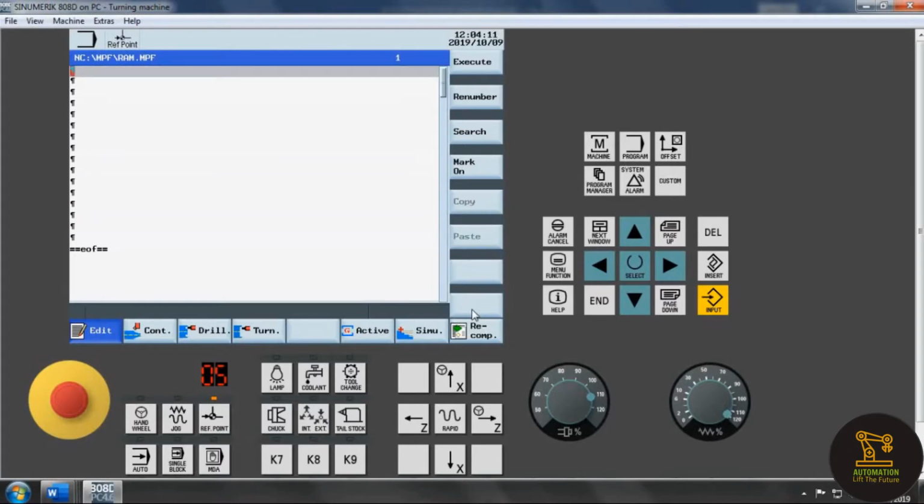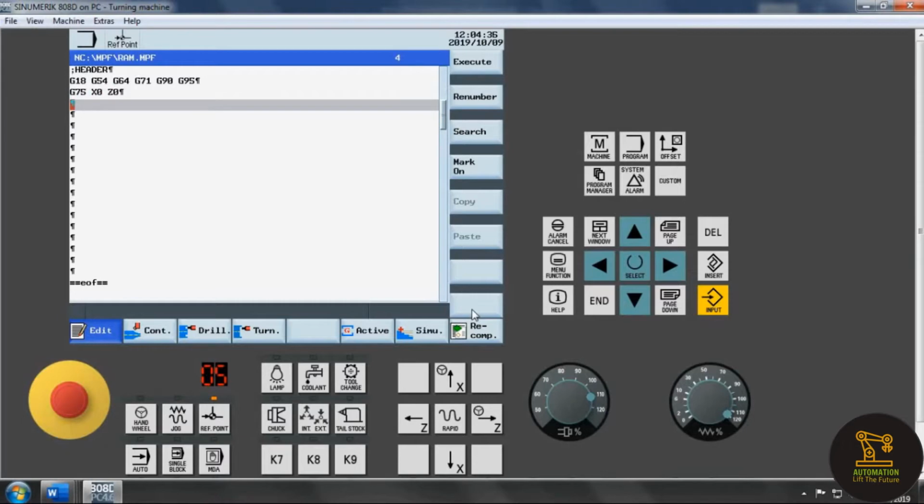Next we are creating a program. So first of all we have to write the header of the program. The header is G18 G54 G64 G71 G90 and G95. After that we have to take the tool to the homing position, so G75 X0 Z0, and next we have to select the tool from offset.